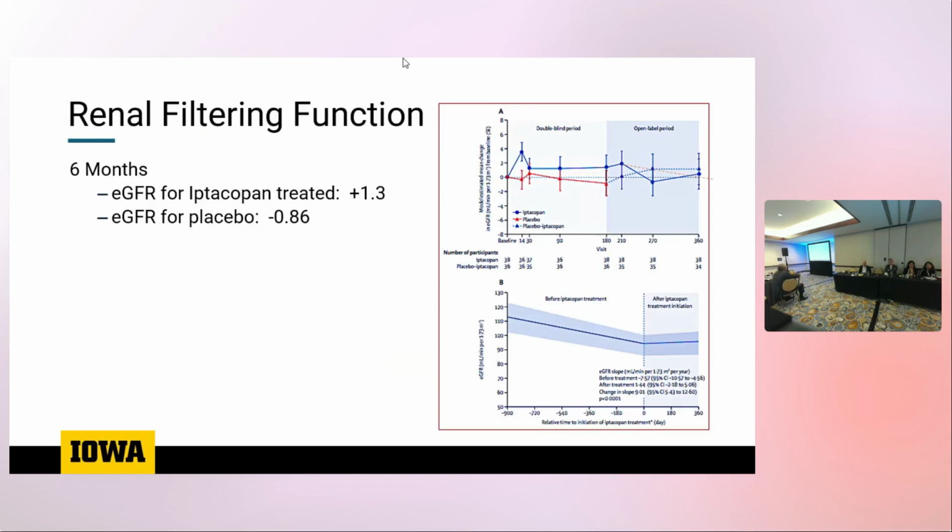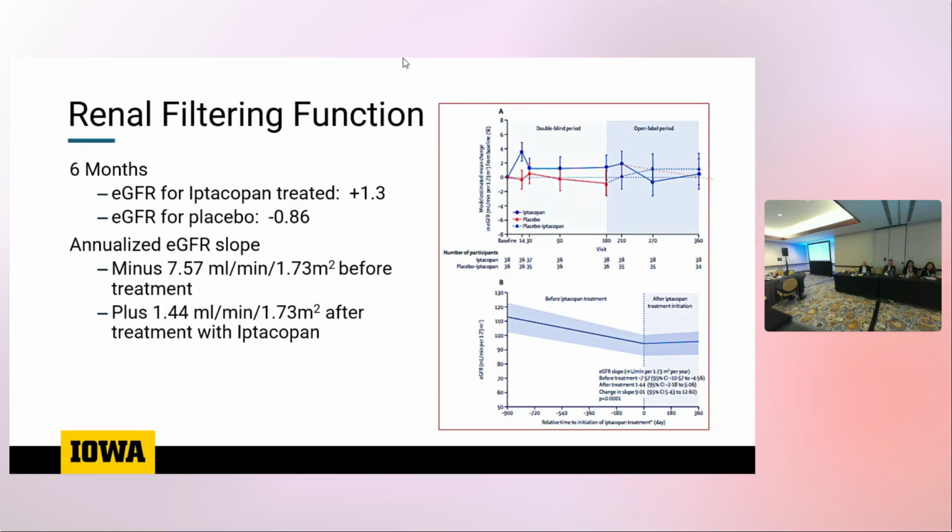Now, this group actually collected an interesting few pieces of data here. In fact, they went back and collected the creatinine prior to randomization and bringing patients into the trial, to try to figure out whether these patients could be more or less their own control, if you will. And in fact, annualized eGFR prior to getting exposed to iptacopan was 7.57. So again, you're hearkening pretty close to what we've quoted and what in fact you've seen in the radar data. So that's satisfying that you're getting something that's consistent, as opposed to the group